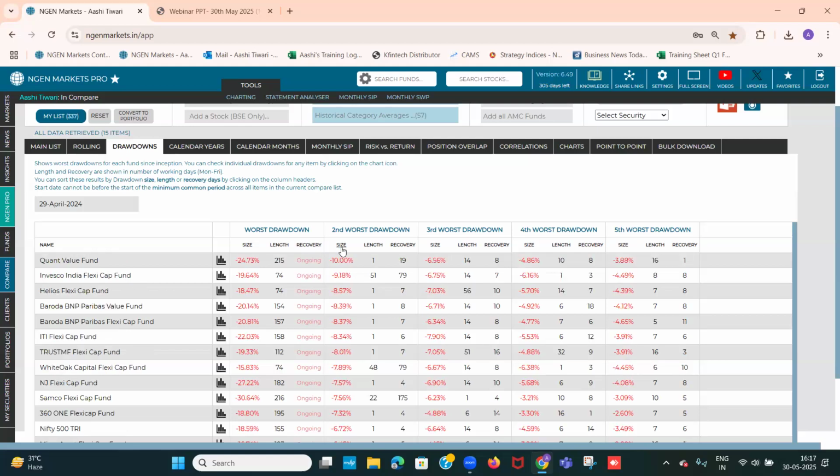Now here, basis the second worst drawdown, we can see Quant Value Fund had a loss of about 10%. Now, this particular fund was in this particular loss for 1 day and it took 19 days to recover from this loss of 10%. Now, to get further more detail as to what was the date of the drawdown and also what was the fall in the NAV and exactly on what date did it recover, you can click on